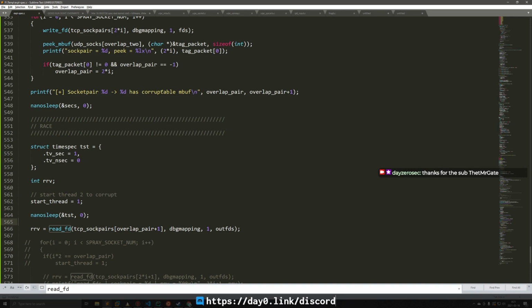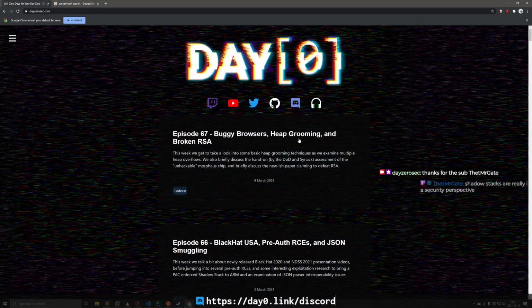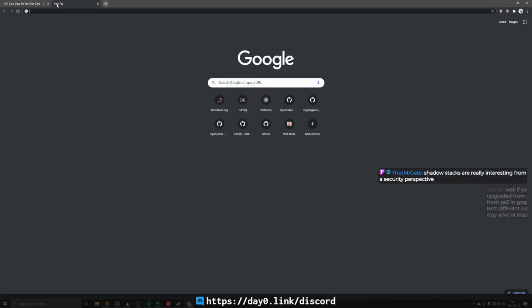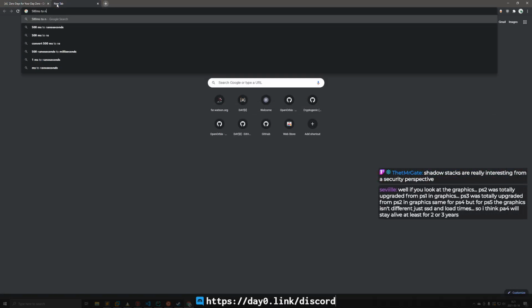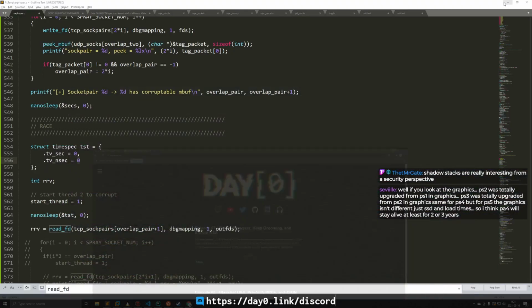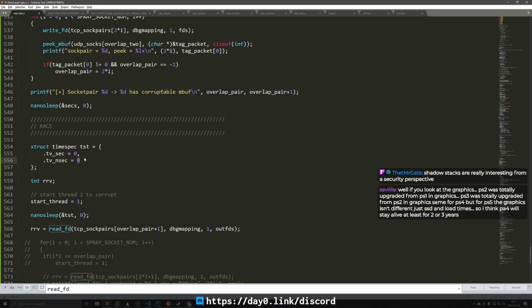So we're going to change our timing. We're going to make it 0 seconds, and we're going to make it 500 milliseconds. I do need to convert that really quick because I don't know what the conversion is. 500 ms to nanoseconds. 5 to the 8th power. So that's 5, 1, 2, 3, 4, 5, 6, 7, 8.